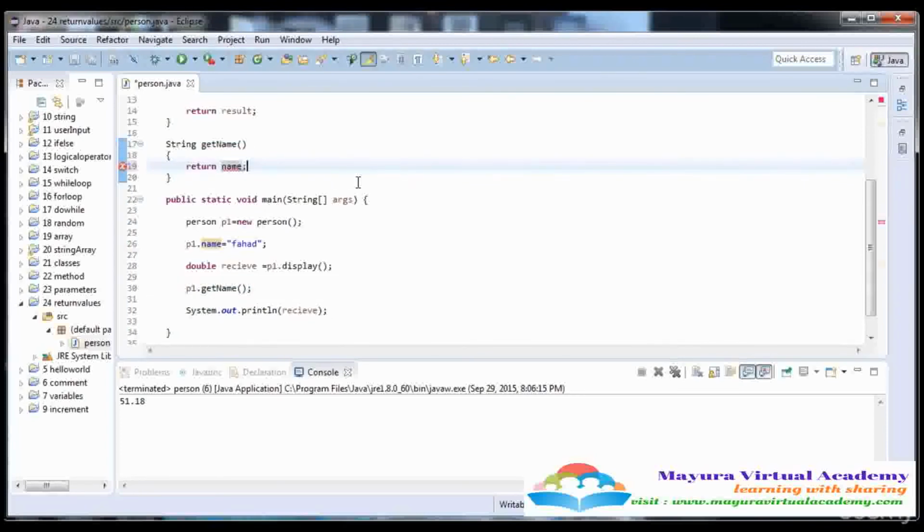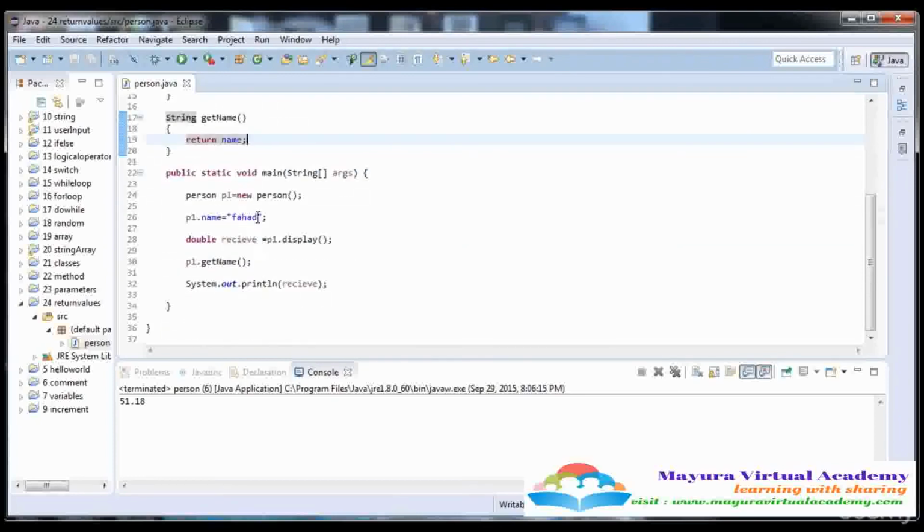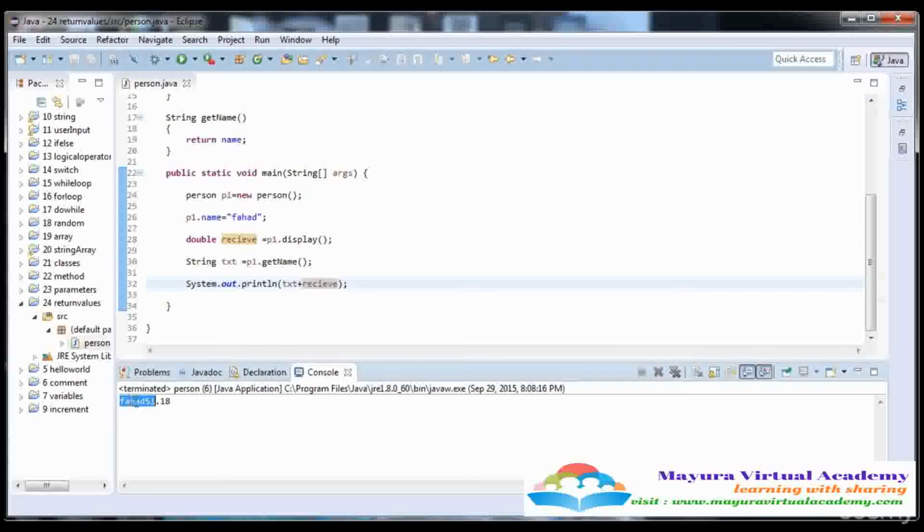Here is the return name, so it returns this value. Now let's check it. Here I'm gonna save this value in a variable of type string. Here is the equal, and then I'm gonna print the string, write the txt. So now let's execute it, and here you see that Fahad is printed